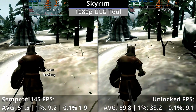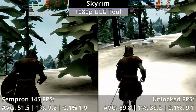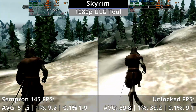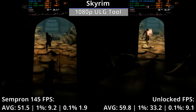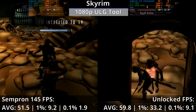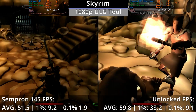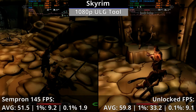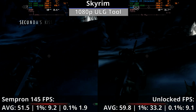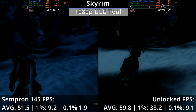It is still relatively playable on a single core, but it can still be a little bit stuttery at best, to quite noticeably stuttery at worst, like on the run towards Riverwood near the start of the game. 2 cores improves performance quite noticeably here, with only a few minor hitches remaining. Performance can dip as low as around high 30s at points in Bleak Falls Temple, with some light stuttering, but the second core again reduces this to only a few minor hitches, with pretty much no dips in FPS at all. Further away from any buildings or built up villages though, the single core 145 offers relatively good performance, but